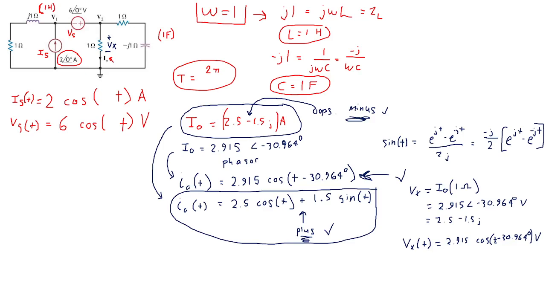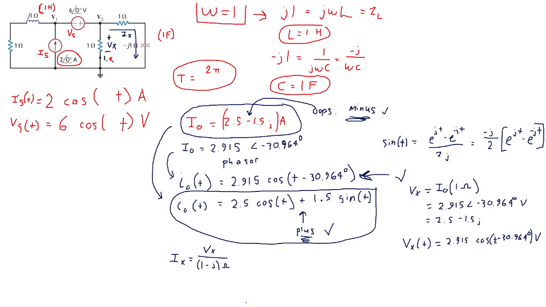So I can define a current here. Let's make it Ix, because I made the other one. The other one is our output current IO. So Vx is still across both of these elements. So we could absolutely calculate Ix also. If we go to calculate Ix in phasor form,